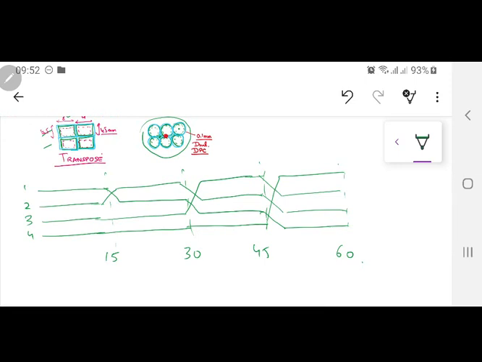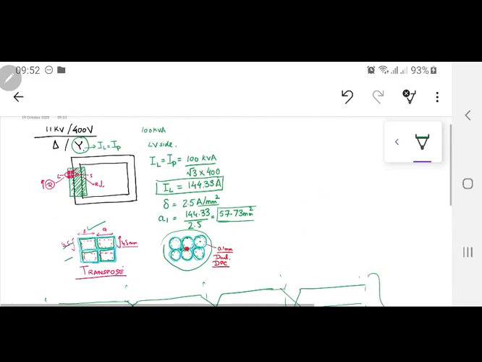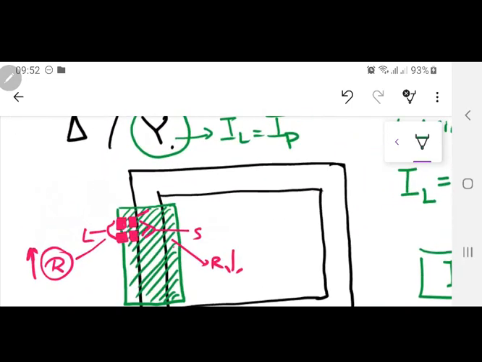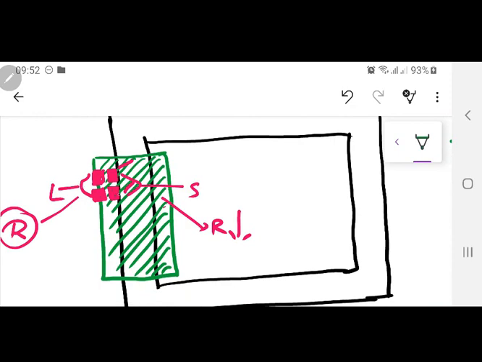Now what is happening here is that you are trying to keep the same length for all these 4 conductors. When these conductors are arranged around the core, if I zoom in on this part, you see they are arranged as 2 cross 2. But 2 cross 2 is not just a figure; you can't understand how you are going to arrange it.